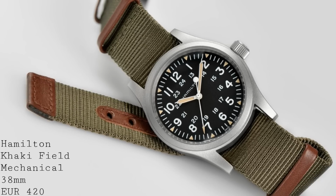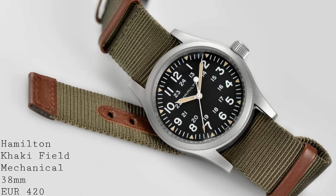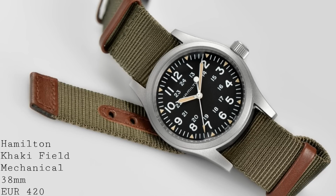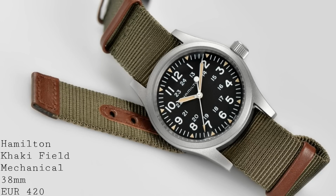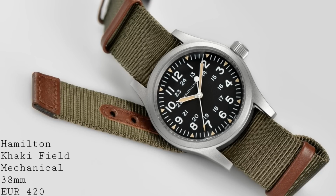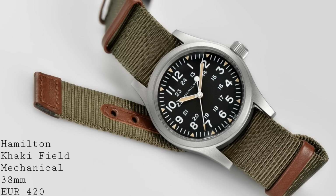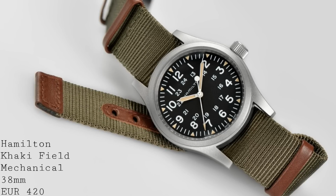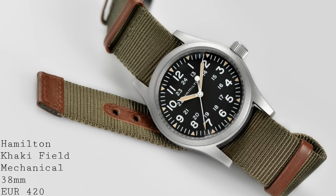is a 42-hour manually wound hacking movement from ETA. And the beauty of this movement is that it means that the watch can be very slim, because it doesn't have to have the automatic winding rotor, or indeed the assembly which would connect that to the spring, which makes this watch potentially a more connected and more classical watch to own as well as the way it looks, which is something often neglected, and I think a lot of people appreciate manually wound watches, because they do offer something which we don't necessarily need, which is of course the automatic aspect, because winding a watch isn't really the greatest